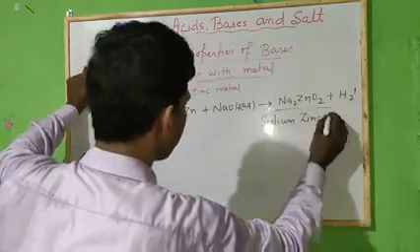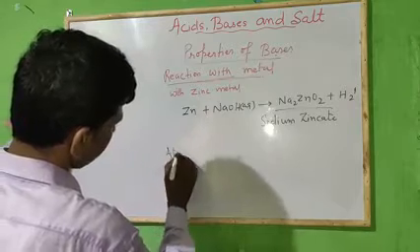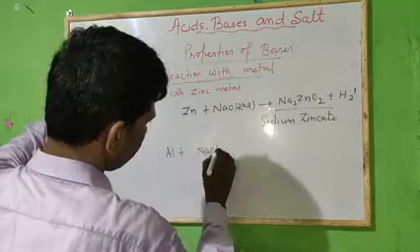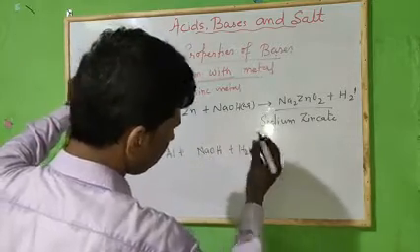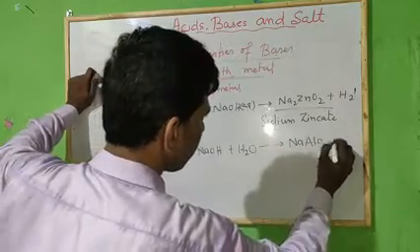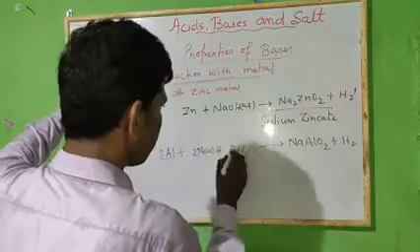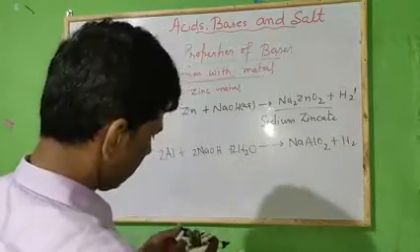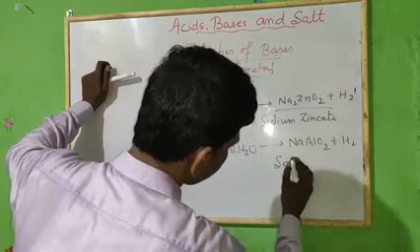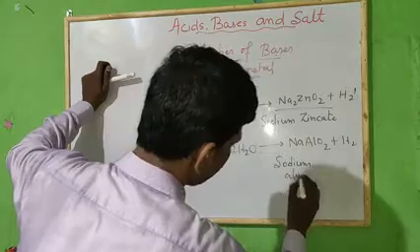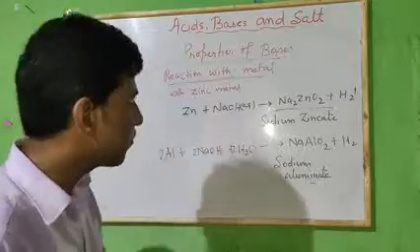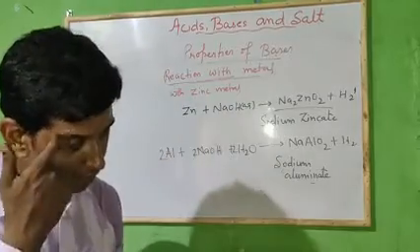A very important reaction. Also you can take aluminum, when it reacts with sodium hydroxide plus water, aqueous solution, you all are aware, it forms NaAlO2 plus H2. So you can balance it if you want. This is your sodium aluminate. Clear? These are the basic chemical reactions of the bases that we have to study.